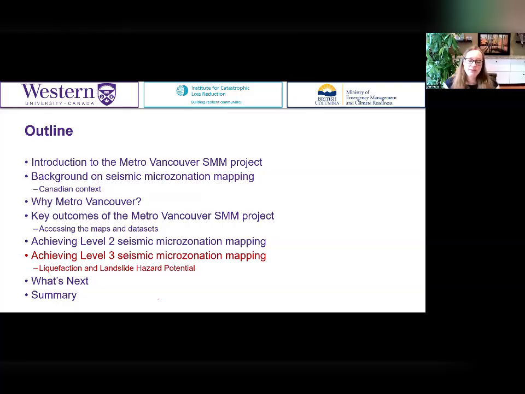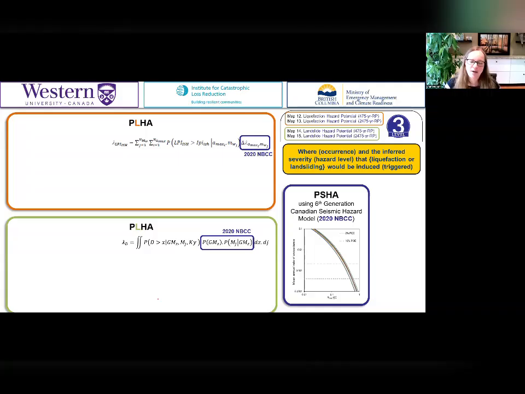I'm going to tell you the details about liquefaction and landslide hazard potential mapping as quickly as I can, and so it's going to be fast and furious and complicated. But I'm trying to summarize it as much as I can, where essentially a level 3 seismic hazard analysis to calculate liquefaction and landslide hazard potential is that we have performed probabilistic liquefaction and probabilistic landslide hazard analyses. We have taken the ground motions that come out of a PSHA, or the rates at which the acceleration is occurring, and that gets